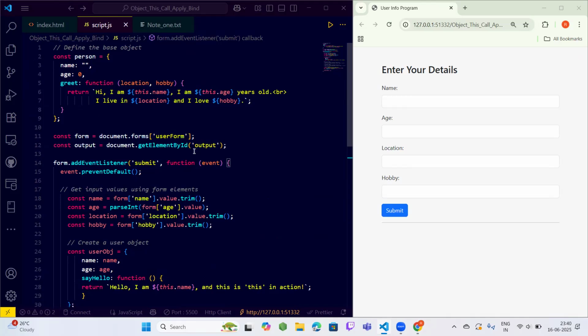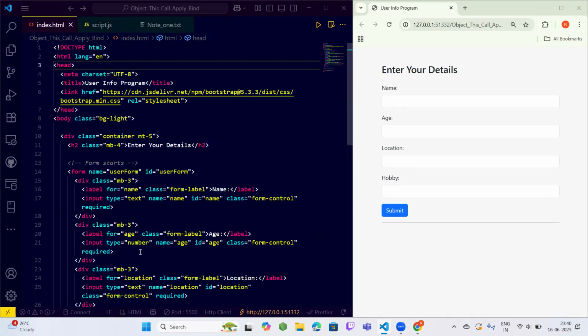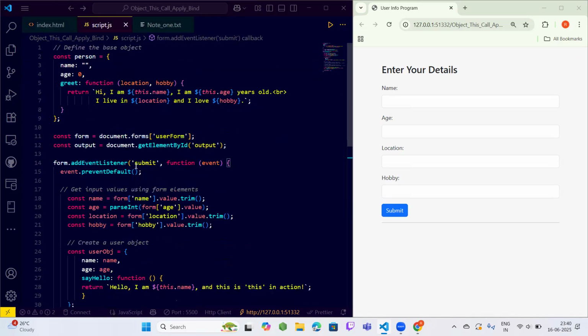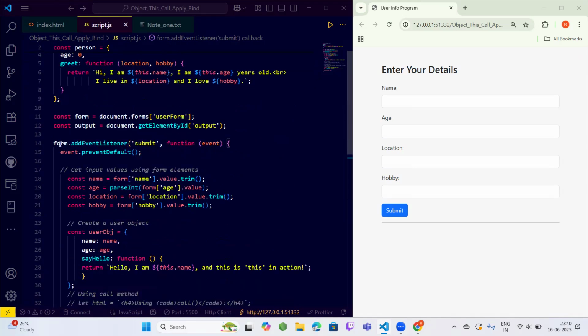So this accesses the form by its name attribute, and after that there is a document.getElementById output. We also know there is an ID output. We are accessing it here with the document.getElementById. So after that there is a form dot